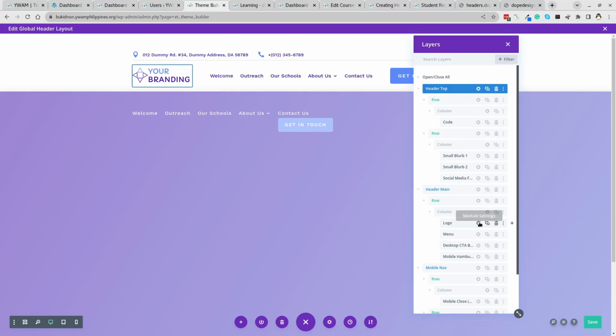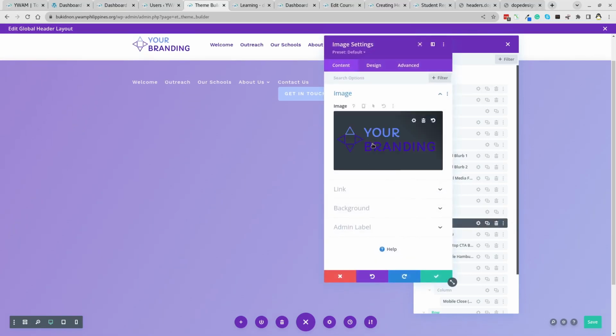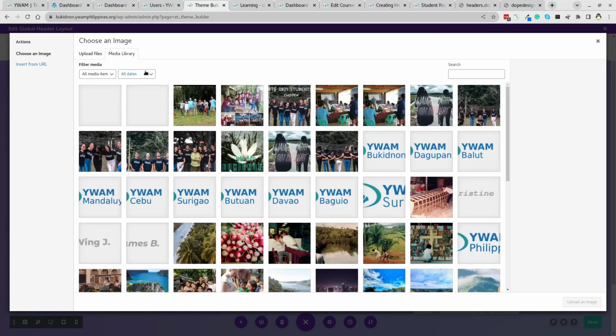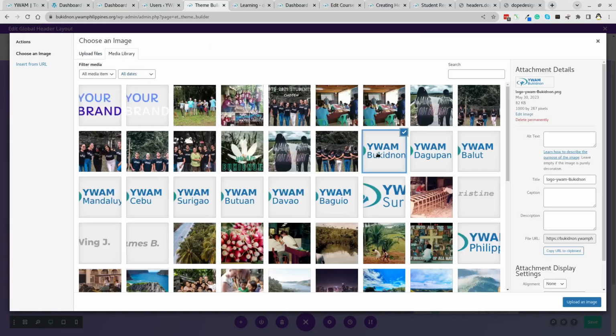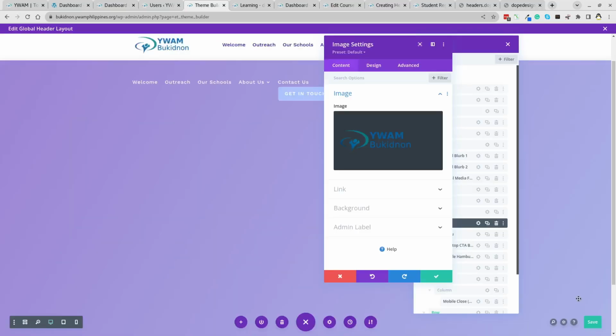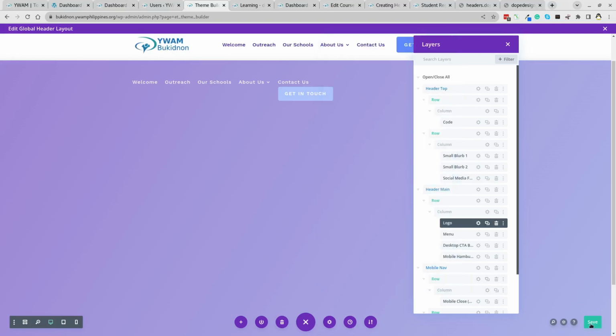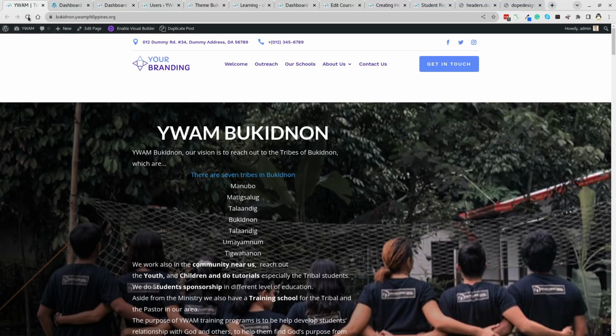So I can go and click on logo, and I can say, let's grab the right logo. And we want that logo, upload image, save, save, and refresh. So I'm not going to change the address or the phone number. This here is actually governed by